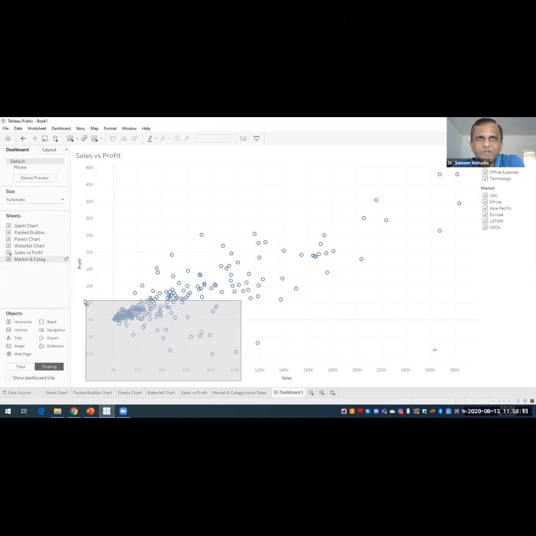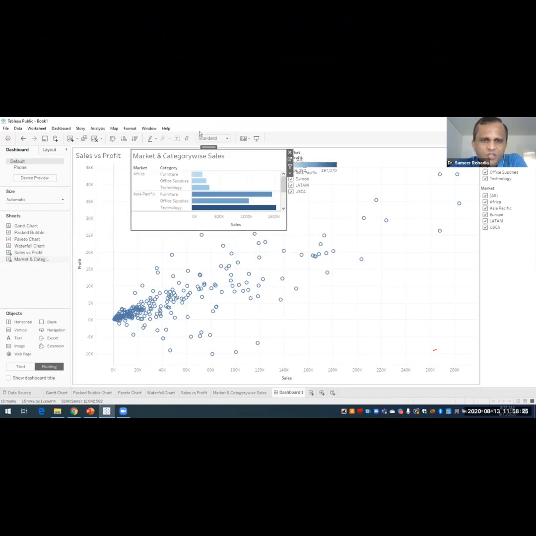In case of tiled, you must have seen that I can put it on the left hand side, top, bottom, or right hand side. But here, for example, I drag it over here. In this small area only, I'm able to get this second chart.